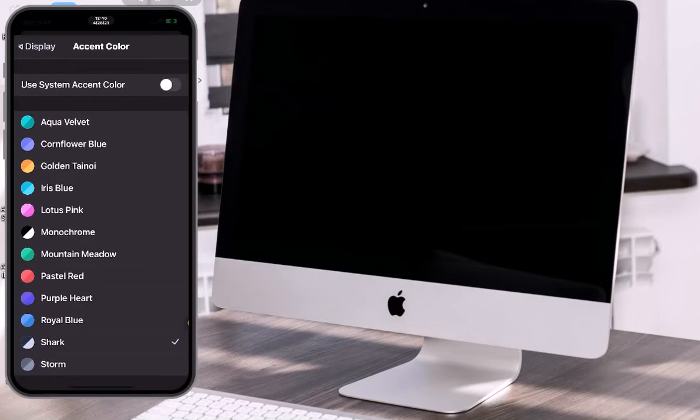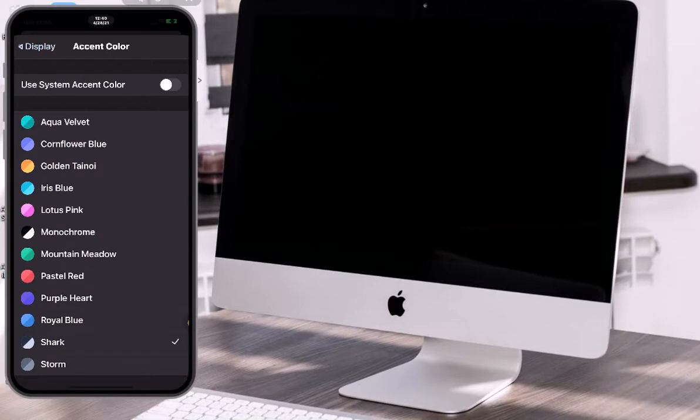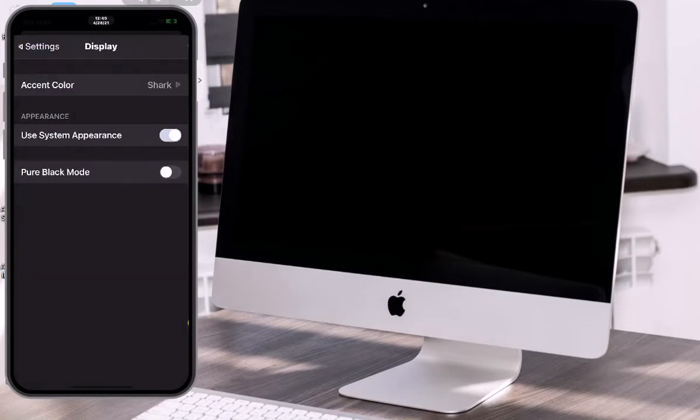using the system accent color. If we click on that, as you guys can see, everything disappears. You have the system color, which is blue, and if you turn this off, then you have all these choices to choose from. And the next one right here is use the system appearance, and then you got the